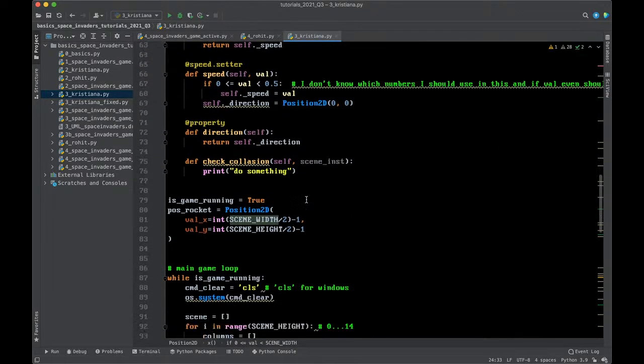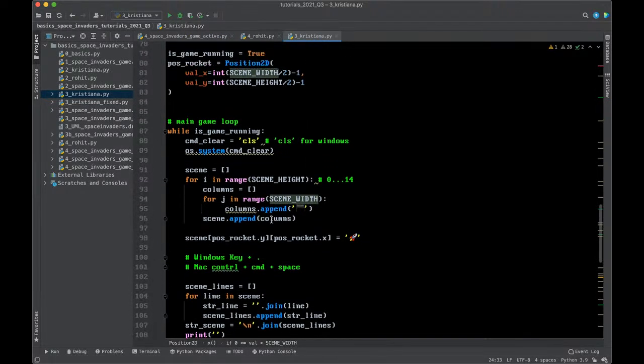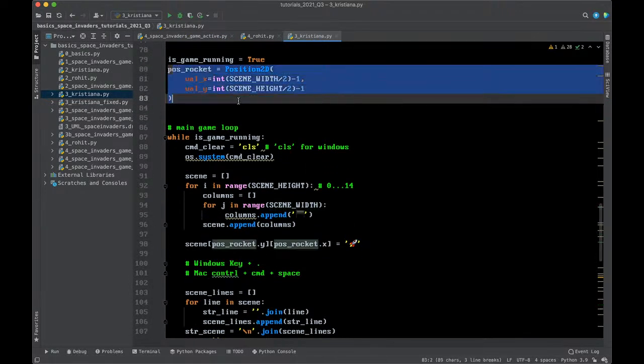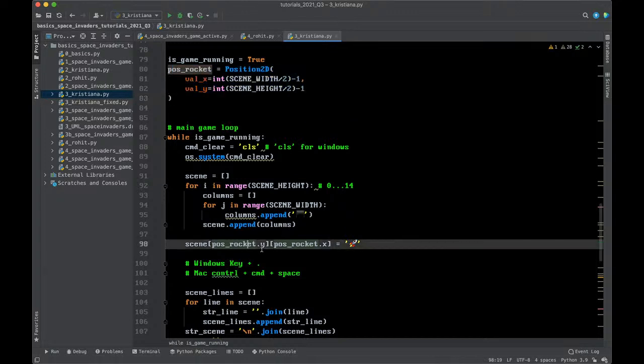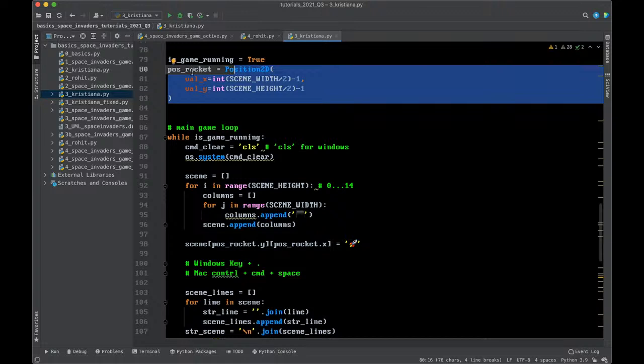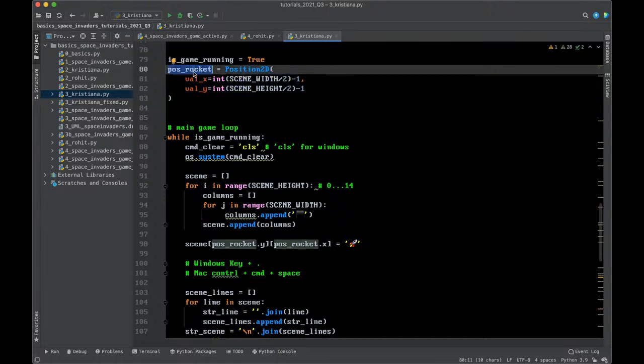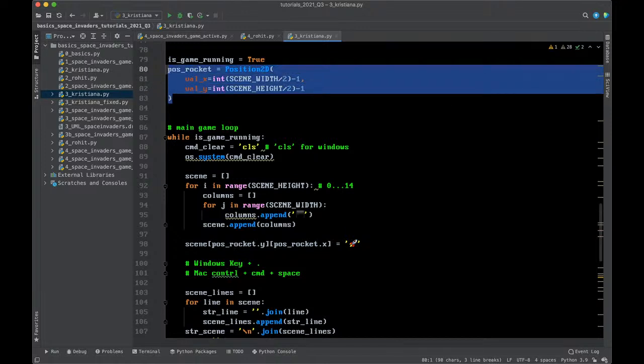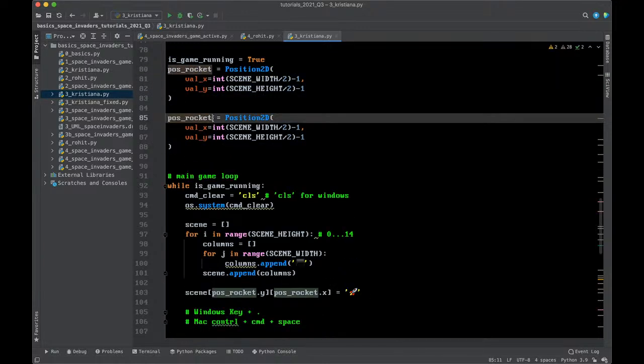So if we scroll down here, first of all, we create a position rocket, then we use it here. So very simple. First, create the position rocket inside this object, in this instance, and then we use this instance. If we would create another instance here, position rocket 2,